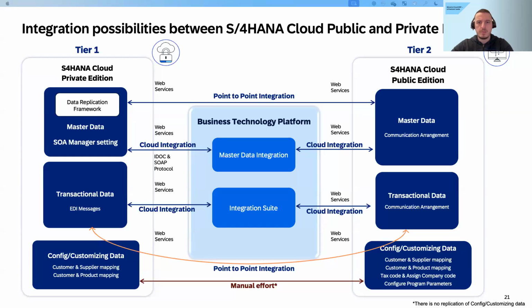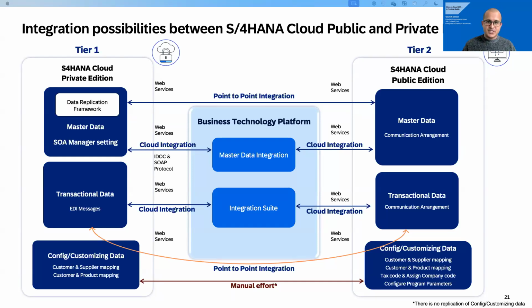Okay. Who's helping clients build these integrations between the multiple tiers and also other non-SAP systems that reside on-premise, other clouds, etc.? Right. So for the integrations which are part of the standard integrations SAP has provided, SAP has provided detailed best practices of how the master data and transactional data integrations would work. And they are actually built by the partners who are implementing public cloud at the customers.